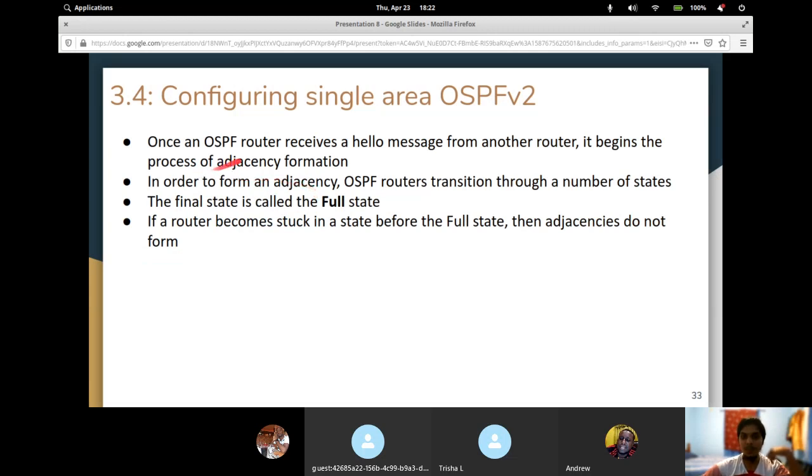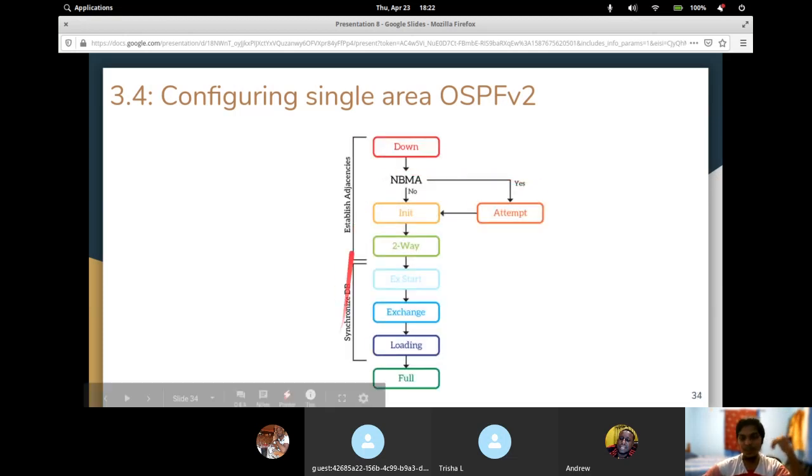Right, so once you receive the message, you go through the process of adjacency formation and you transition through a number of states. So these are the states. We go from down. Down means we didn't get any hello messages, we didn't send any hello messages, we're just there waiting, and we go through all of these states. So if it's an NBMA link, which is an old type of link, but it still exists somewhere, we may go through the attempt state and then init, or we may just go straight to init,